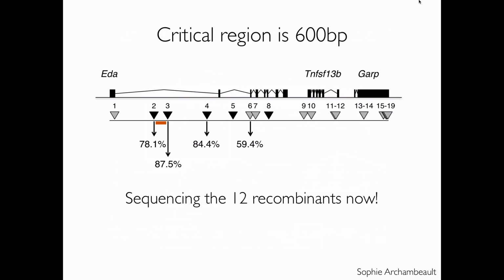And so Sophie is literally, as we speak, sequencing these 12 recombinants. She sent me an email wishing me luck in my talk, and I was hoping it would have the data, but it didn't. But essentially, my intuition is that this indel 3 might actually be causative, and so what we're doing now is